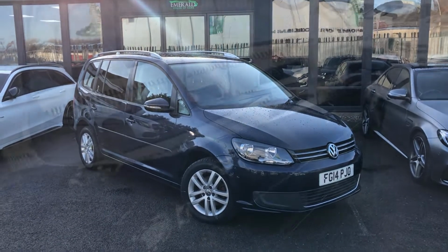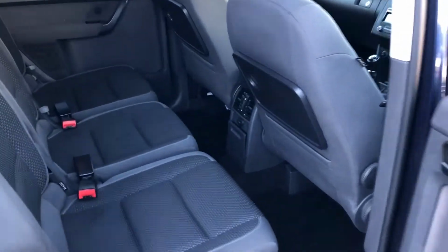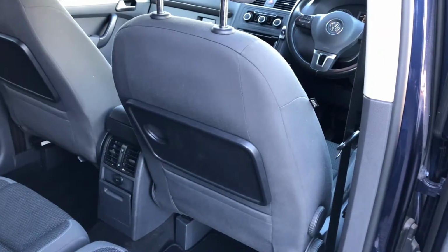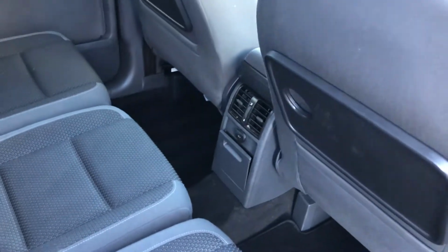look at the inside. And moving on to the inside of the TOURAN now, we'll have a look at the second row. Open the door here. Nice wide door opening, very easy to get kids in and out of, same with child seats. On the back of the front seats, you have picnic tables with built-in cup holders. Rear row air vents with a 12-volt,